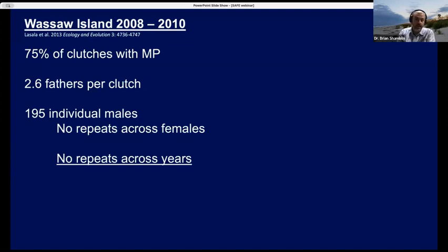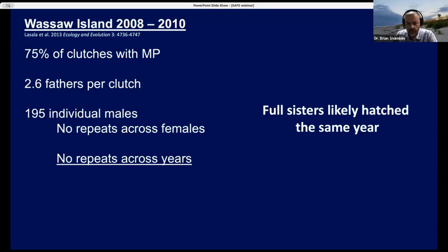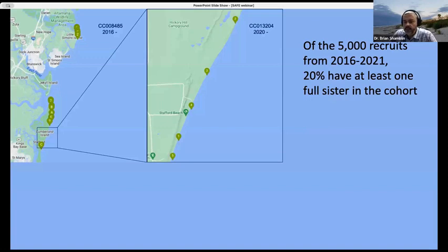and never found the same male repeated through time. And so to me, an important takeaway of this is when we look at our relatedness data and we see full sisters, so same mom and same dad, that likely means they hatched in the same year. That's our assumption, at least. Well, all of a sudden, if we can say that these turtles are hatching in the same year, then we start to get little bits of insight into what survival may look like for these hatchlings